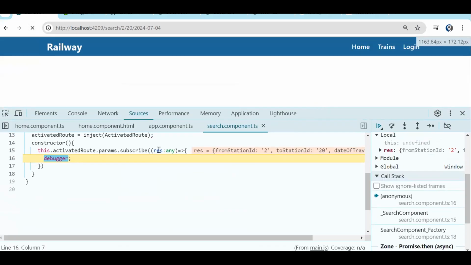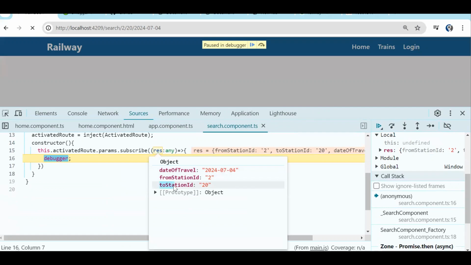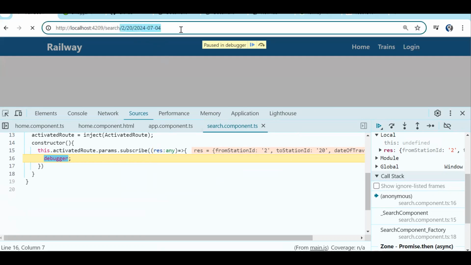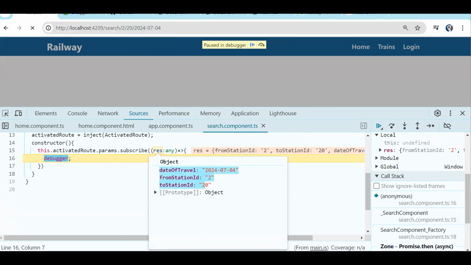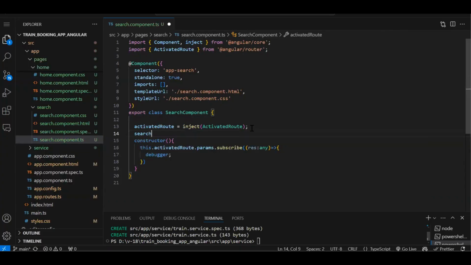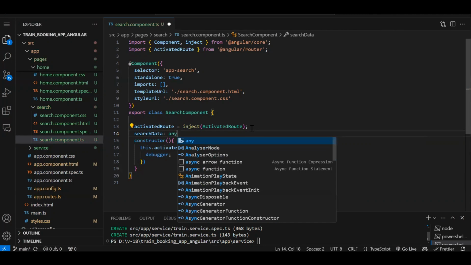So now you can see in result we have got the from station ID, also we have got the to station and the date of travel also. So whatever query parameters we had, we are able to read. Now this same object we will store into a local variable. So let's create a local variable, searchData colon any. Now instead of any, again, what we will do, we will create a